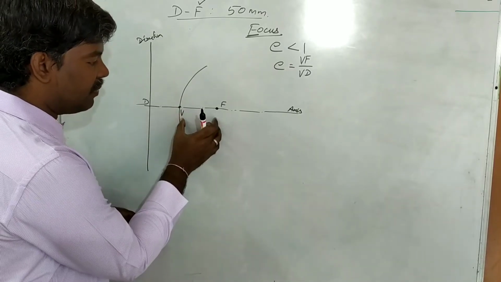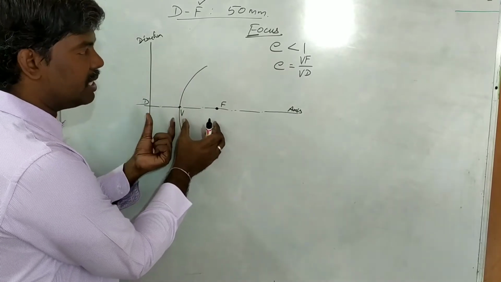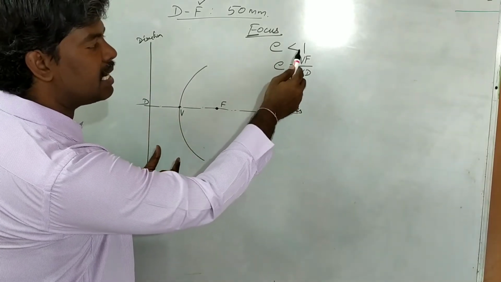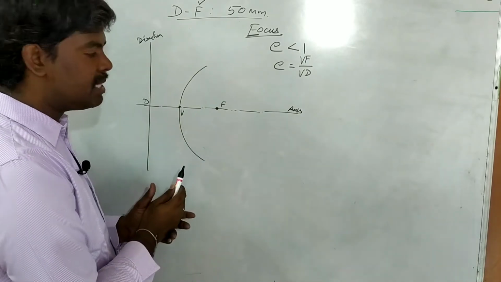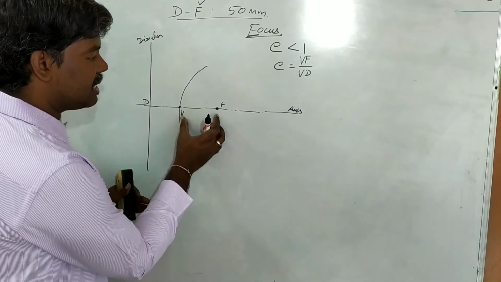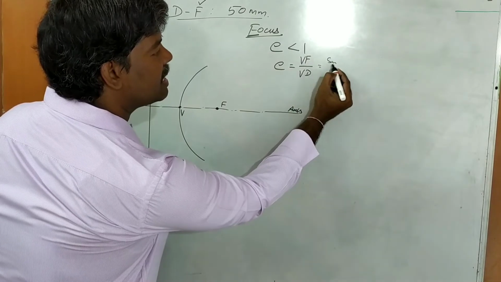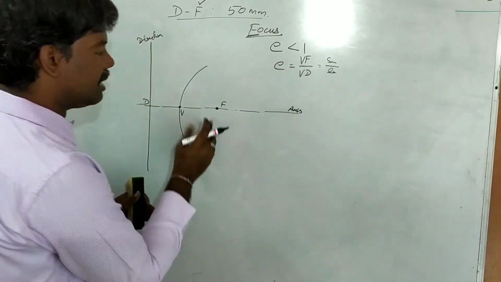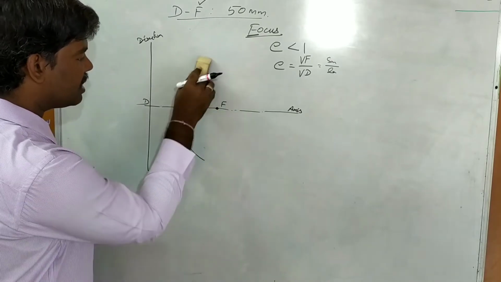So the VF distance and the dV distance. Based on the two distances, the eccentricity is either less than 1, which means ellipse, equal to 1, which means parabola, or greater than 1, which means hyperbola. Already you know that. So this distance is smaller; a smaller distance divided by a longer distance gives less than 1, then only you get an ellipse. So the VF distance,